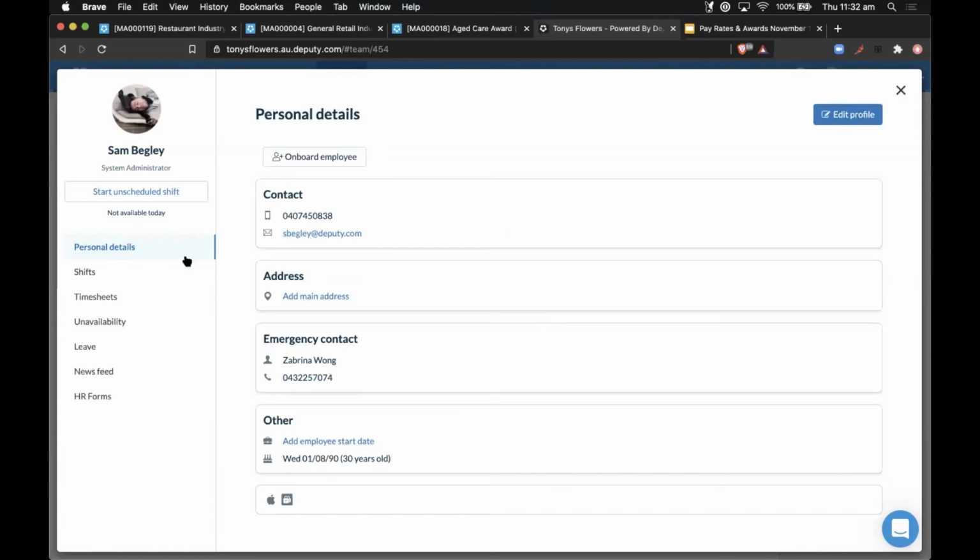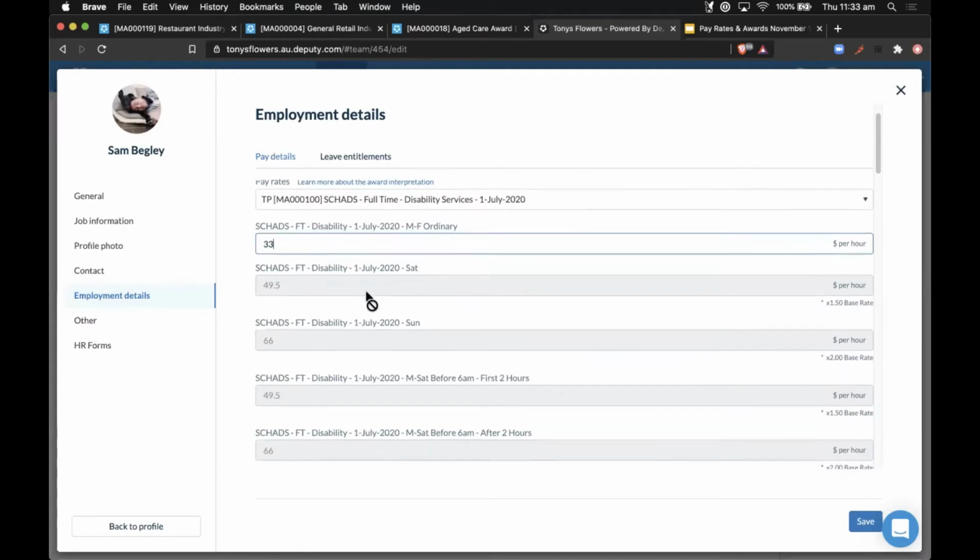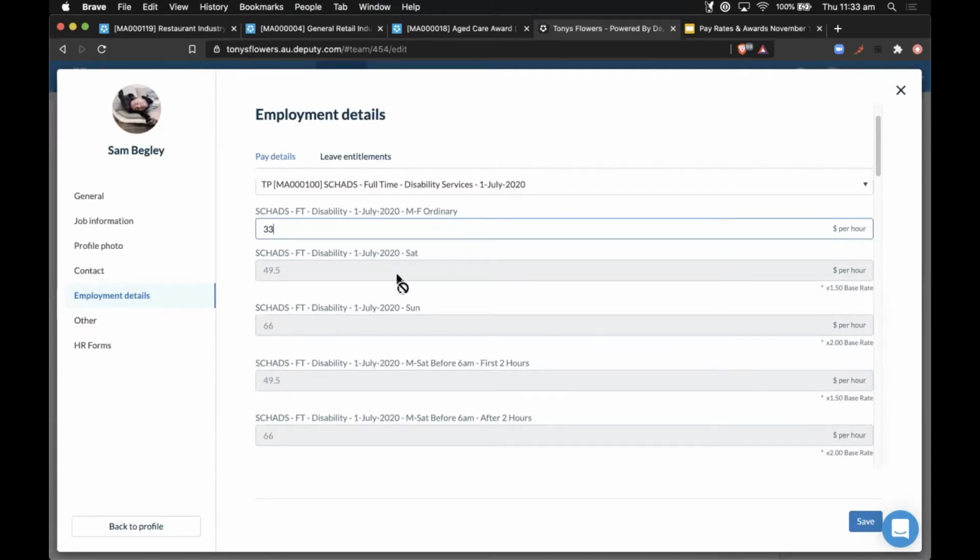That's a pay condition, and that pay condition is very basically set to an hourly pay. So if we hit edit there, and then go to employment details, this one here, that's a pay condition. And it's pretty basic. It's just going to be your default pay rate there. But all these other pay conditions here are pretty complex because when you approve a timesheet, this employment term is only going to apply this multiplier to this pay rate if, during the timesheet approval process, lightning fast, it's checking and saying, okay, timesheet, are you a Saturday? Yes. Okay, well, I'm going to stop there and I'm going to apply a 1.5 times multiplier to this pay rate and then give you that result.